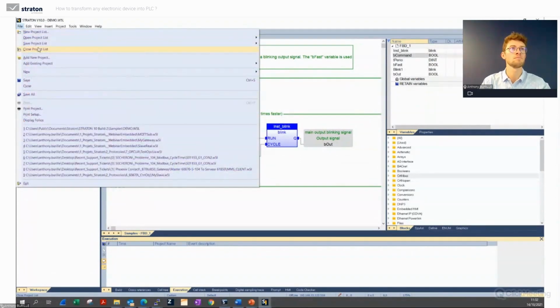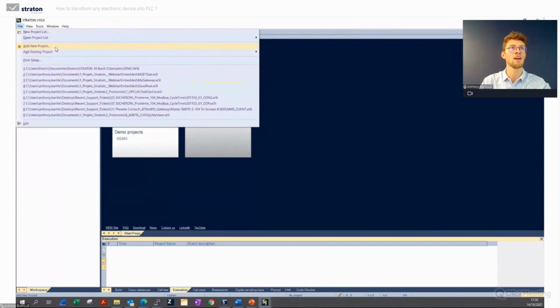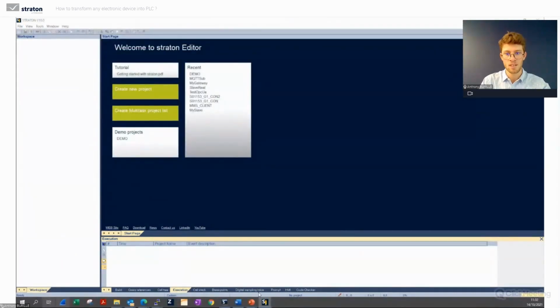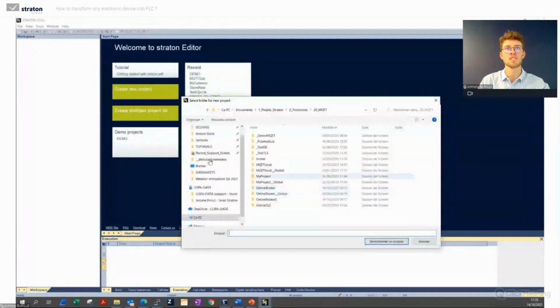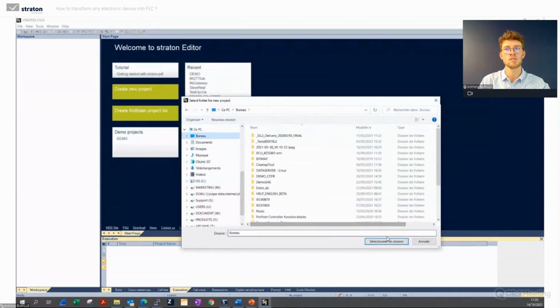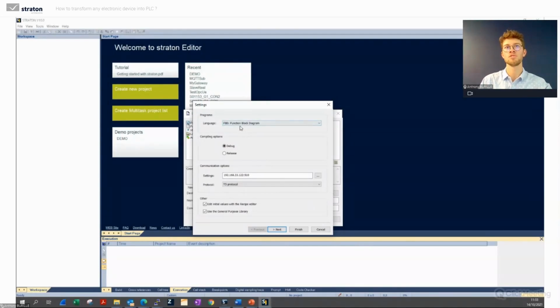Okay, so let's go. I will just create a new project: file, add new project. I put it here on my desktop. I will call it my gateway. I choose the main language.